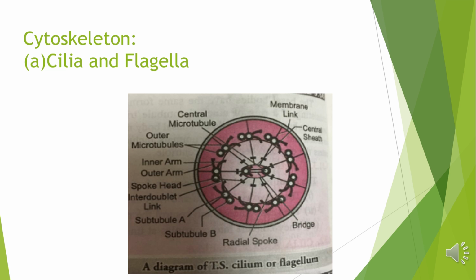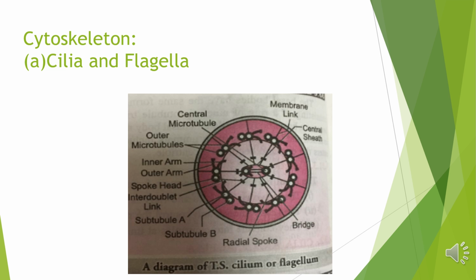Cilia are present in large numbers per cell, but flagella are usually fewer per cell. Cilia and flagella are enclosed by a unit membrane, which is an extension of the plasma membrane of the cell, and within the membrane there is a fluid matrix having a supporting axial shaft, the axoneme. Electron microscope study shows that the axoneme possesses a number of microtubules running parallel to the long axis. The axoneme usually has 9 doublets of radially arranged peripheral microtubules and a pair of centrally located microtubules.